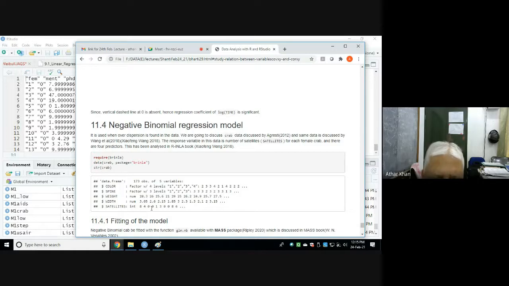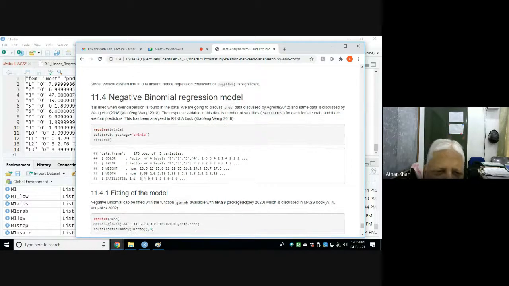And there are many zeros, so it is contaminated by zeros. This is the color of the female crab, spine, then weight, width, all these things are the predictors.